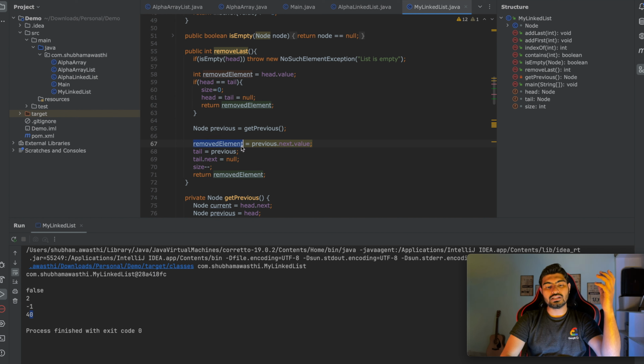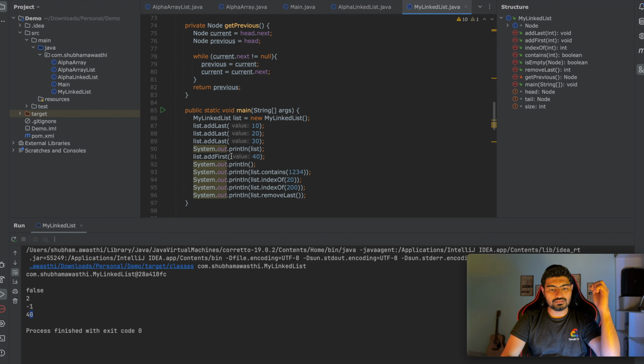When there are more elements, we are reassigning the value of our removed element variable to the value of the previous node's next node, which is the last node. We are actually reassigning the removed element value and we are returning that. That's it. And we did this because we wanted to return the value of the node that we are removing. So now if I run it again,